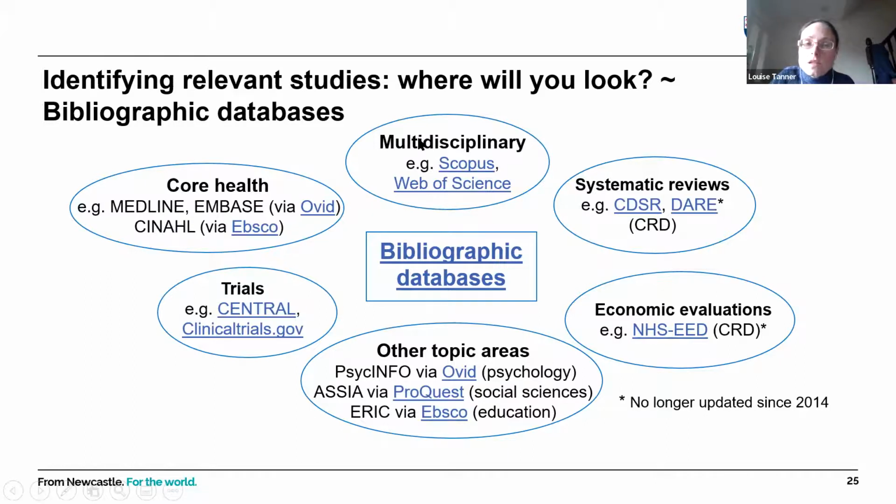It could be that you want to search a multidisciplinary database, such as Web of Science. And if, for example, your systematic review is aiming to assess the effectiveness of a drug treatment, you might want to look at some clinical trial registries to identify randomized controlled trials that are ongoing or completed, assessing the effectiveness of that particular drug on your health outcome of interest. ClinicalTrials.gov is a good place to go to find ongoing and completed clinical trial records.